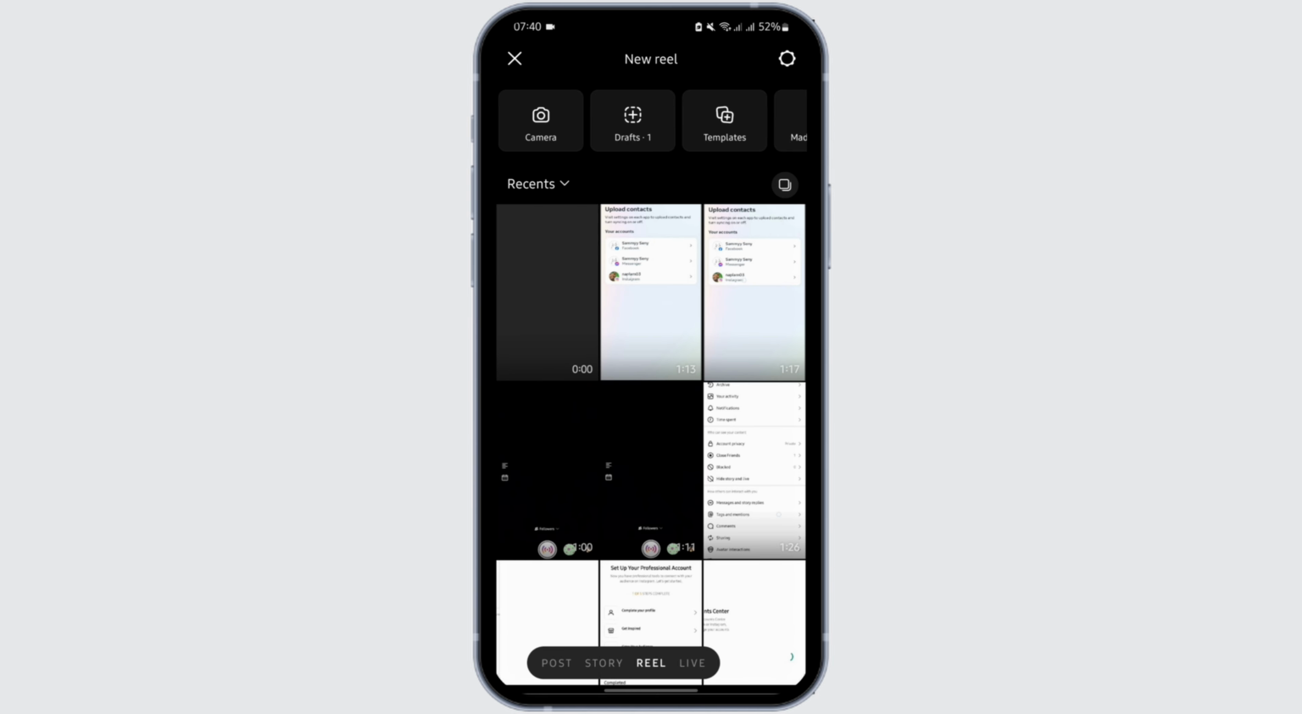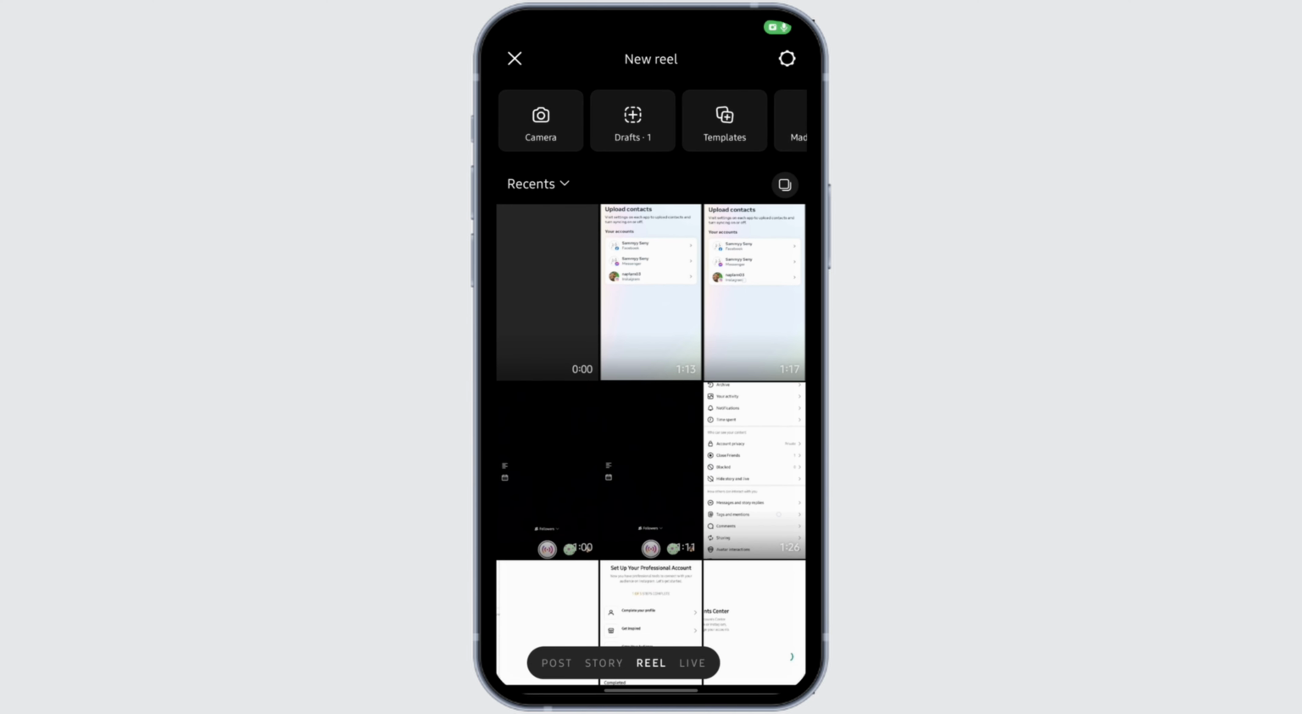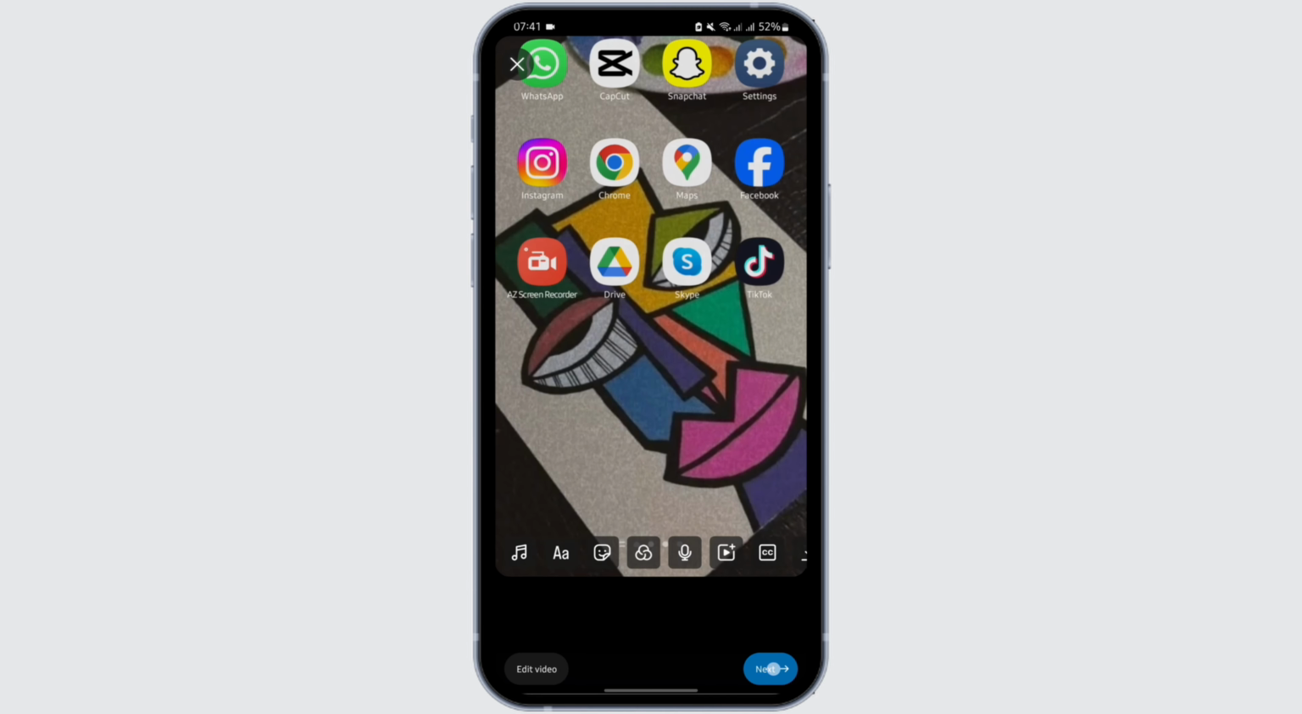Now, in order to post a video and not a reel, you have to make sure that your video file is more than 15 minutes. If not, it will be uploaded as a reel. And once you find a video that is more than 15 minutes, you can just select it, tap onto next,